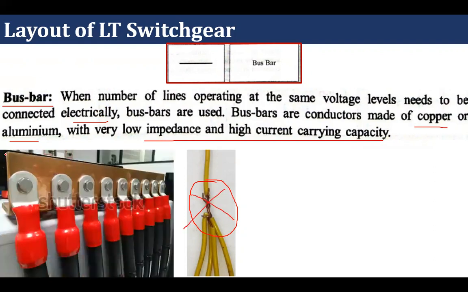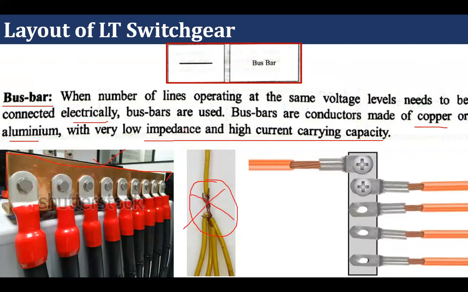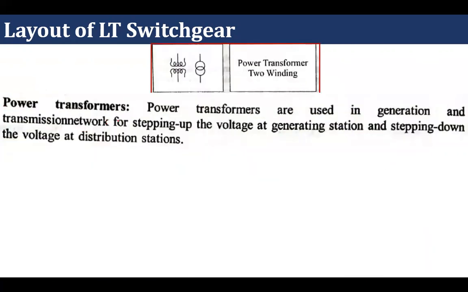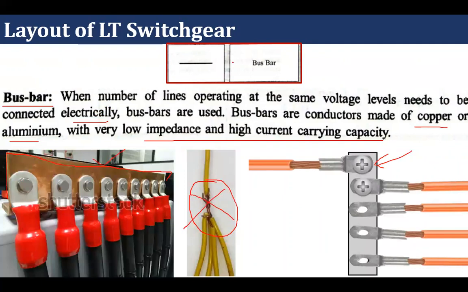Like here we have one bus bar, one copper strip of particular dimension on which all these nut bolt lugs have been used to tie the rest of the wire. So this is the example of bus bar. This one is again an example of bus bar. Okay, one more important point, how bus bar is represented in single line diagram of electrical networks. It is represented with this symbol.